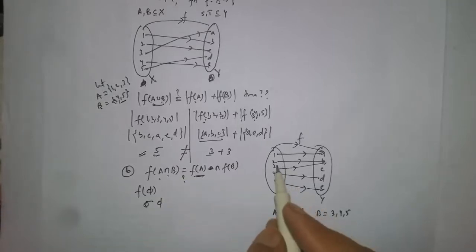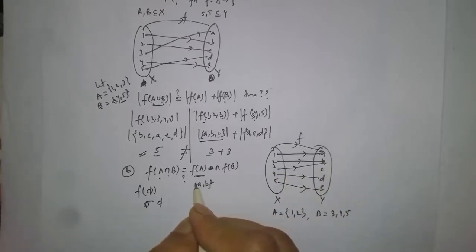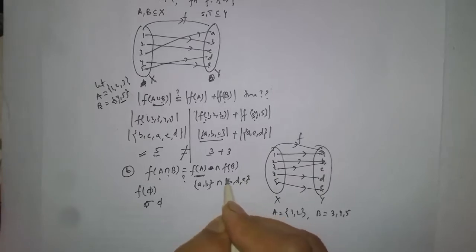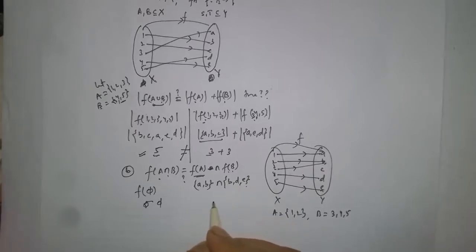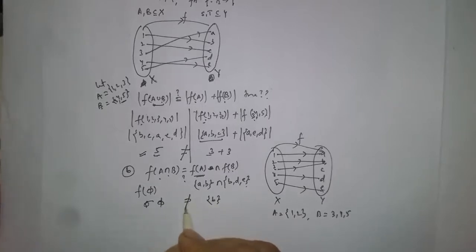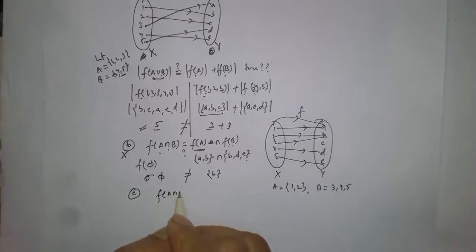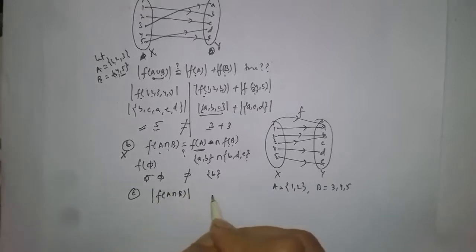Now f(A) ∩ f(B). B is {3, 4, 5}, so f(B): 3 is b, 4 is d, 5 is e, so that is {b, d, e}. The intersection of both the terms is {b}, but that is not equal to the empty set, so option B is wrong. Now we will check option C. Option C says that the cardinality of f(A ∩ B) is equal to